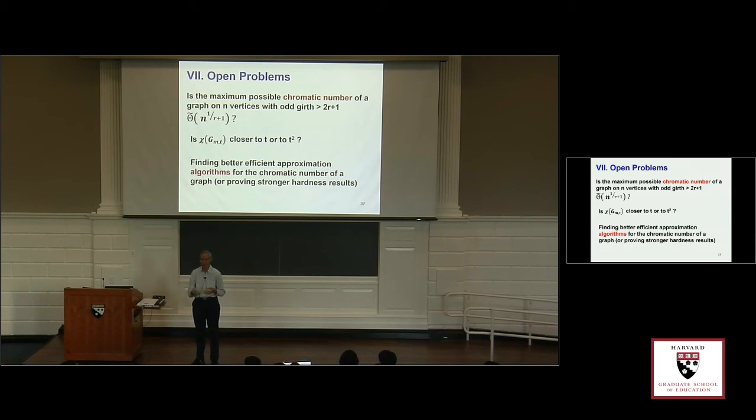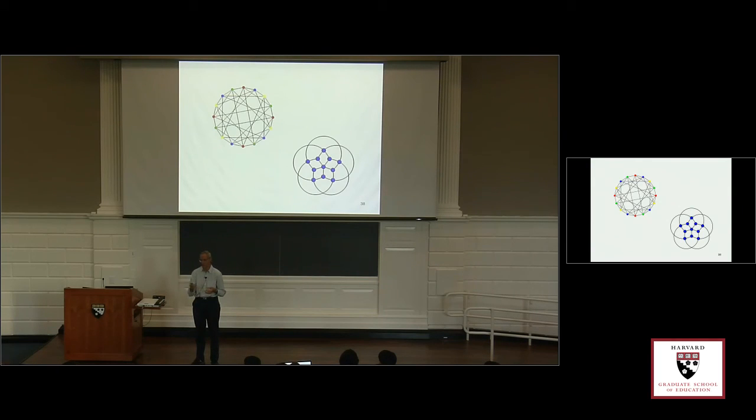And we finish with these pictures. So this is a Grötzsch graph, which I said is the smallest graph which is triangle-free with chromatic number 4. And the other one is more symmetric. It's called the Clebsch